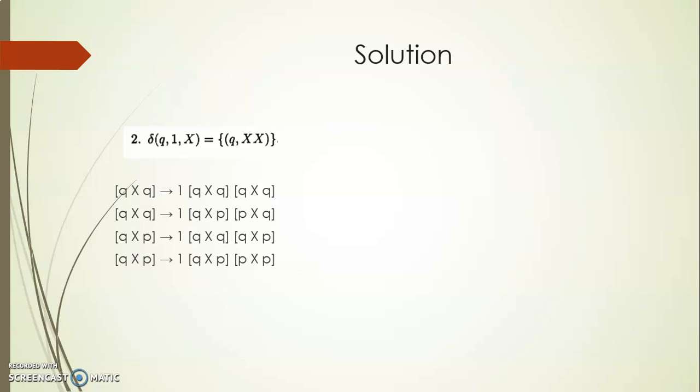And for the second one, similarly. Here the symbols are XX, so Q, X. This Q represents any of the states of the PDA. Then 1, this one. Then Q, this Q, X. These two values represent any of the states of the PDA. So whatever you are writing here, that should be used here as per the general rule. And whatever state I am writing on the left hand side of the production, that should be the last symbol on the right hand side of the production. Similarly, we have written the remaining combinations.